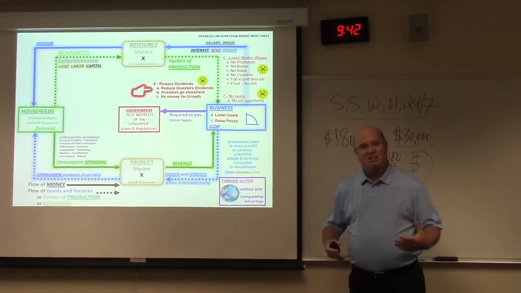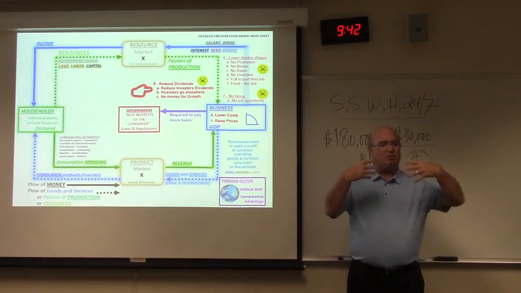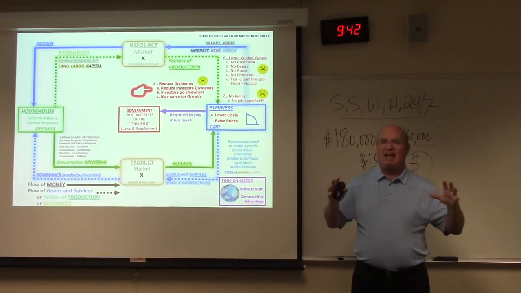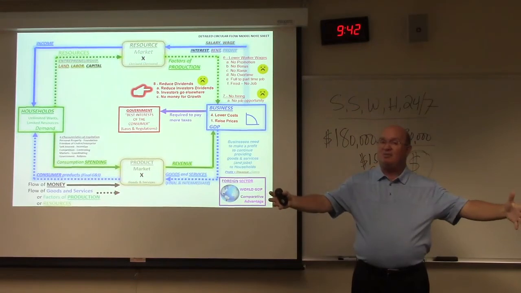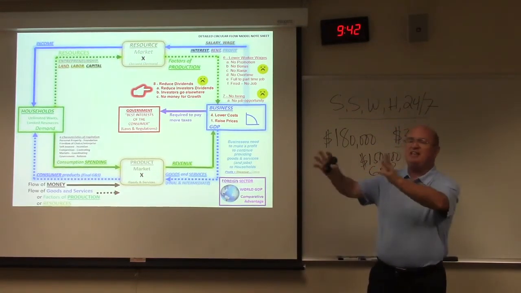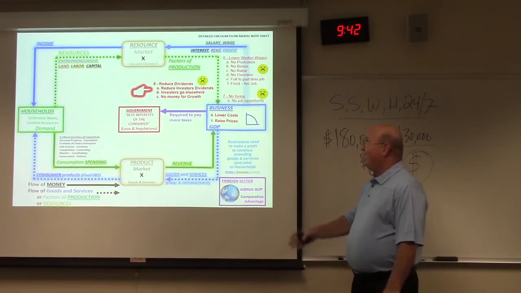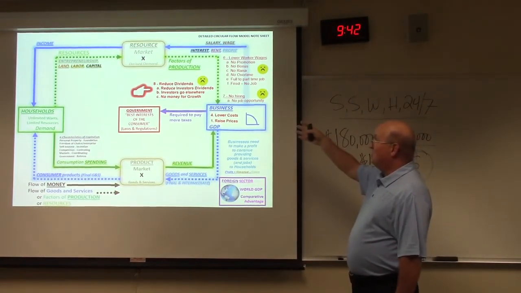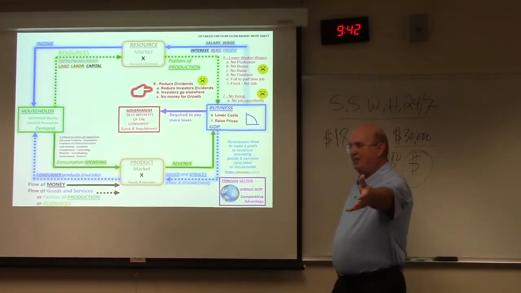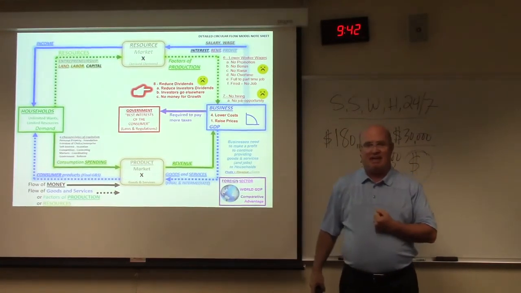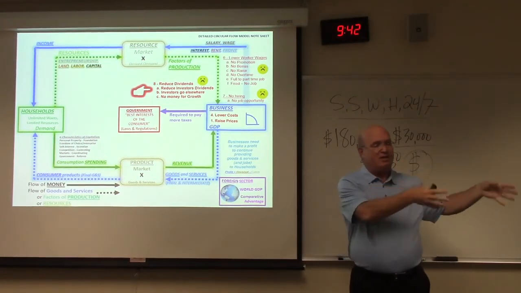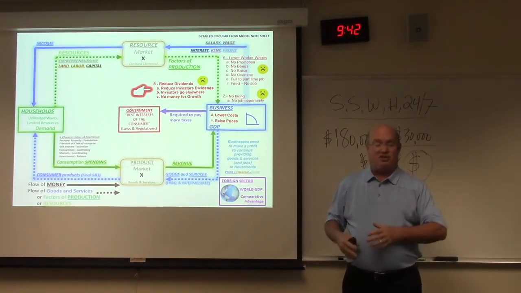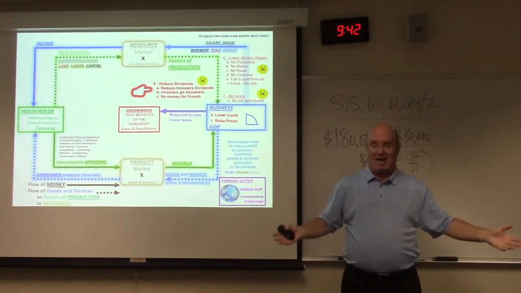All right, remember, businesses also supply us with an opportunity to invest money so we can go ahead and retire comfortably, or buy that house, or send the kids to college. All right? Investments. They reduce the dividends. So all of a sudden, say you're an investor and you're not getting as much money as you thought you were going to get from that company. Well, now maybe you take that money and move it to another company. You sell their stock and buy somebody else's stock. Or your stock manager does it, or your mutual fund does it without you even knowing about it.